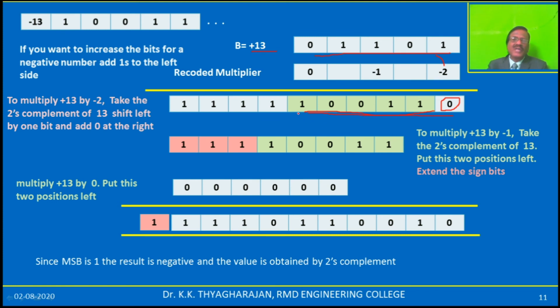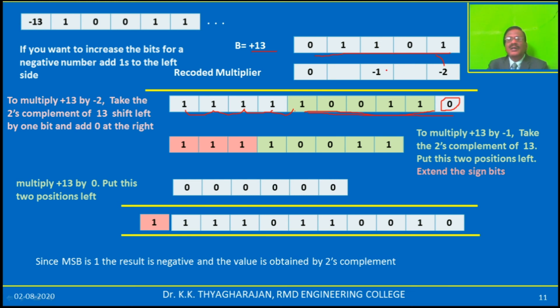Now what we have to do? You can extend the number of bits in the left side. Since this is a negative number, since MSB is 1, you have to extend the sign like this. This 1 should be duplicated. Here also the same thing should be duplicated. You can duplicate as many ones as you can, but just stop here with the 4 ones.